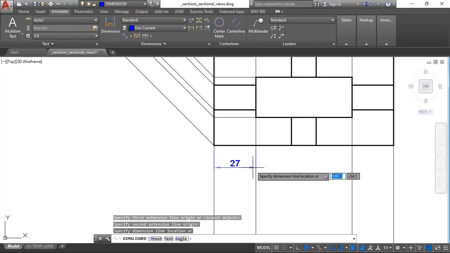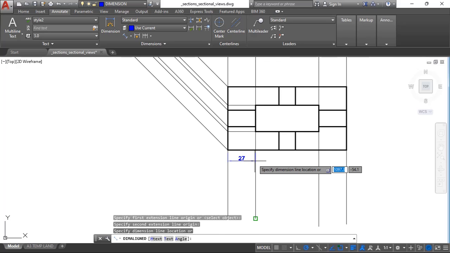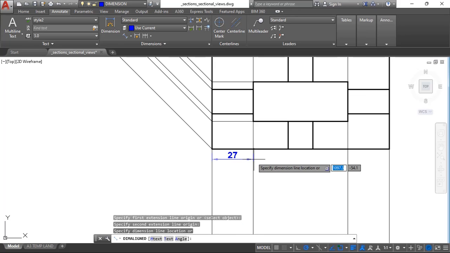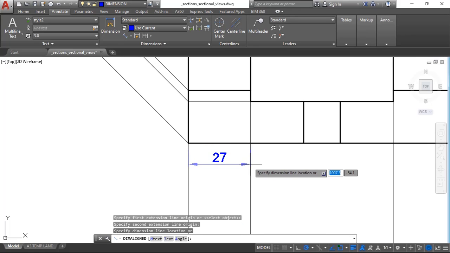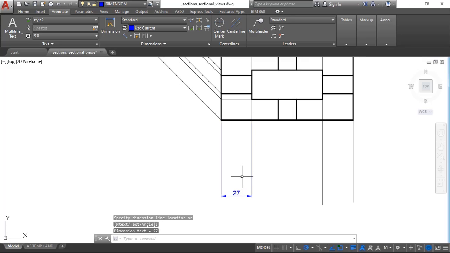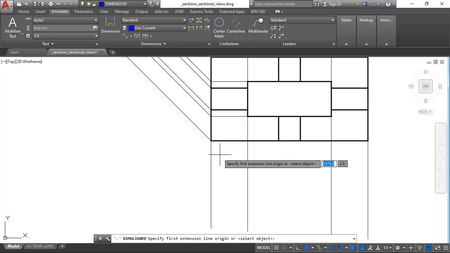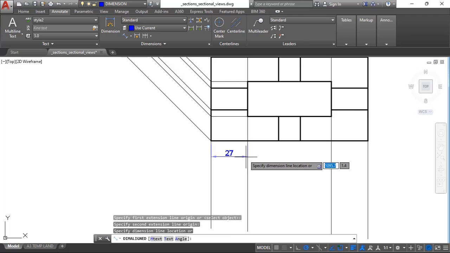Size 27, we don't really need the 27 per se, but anyway, we can just show that that is 27 from there to there. Where did it go? I should undo it. We can show that this is 27,